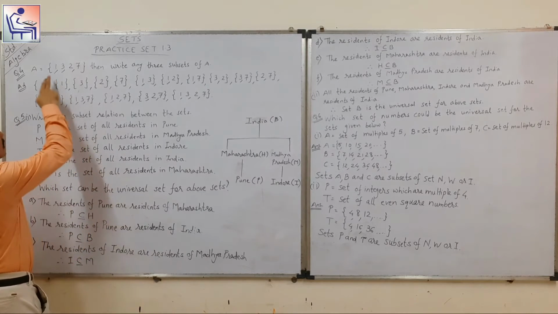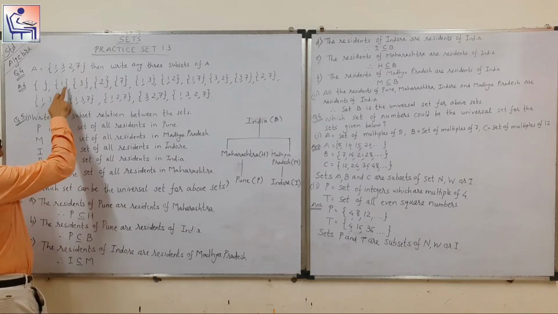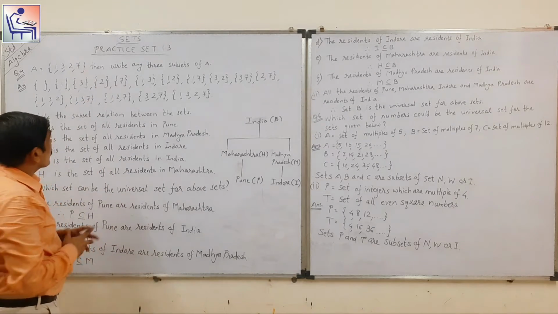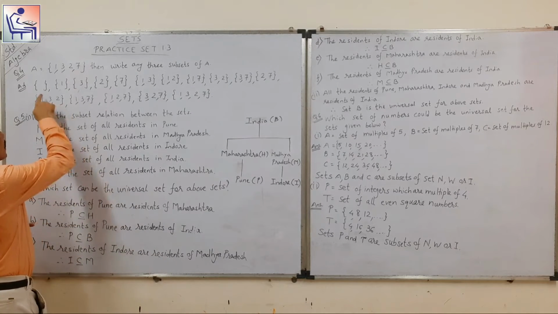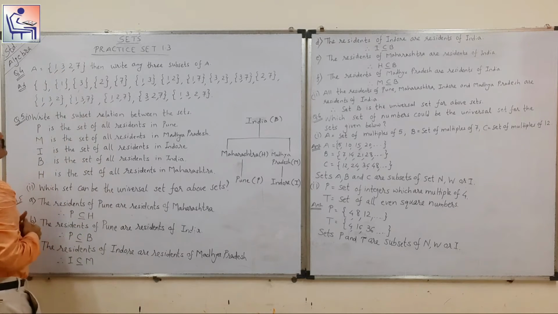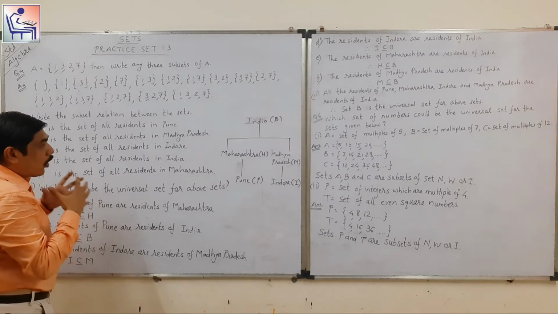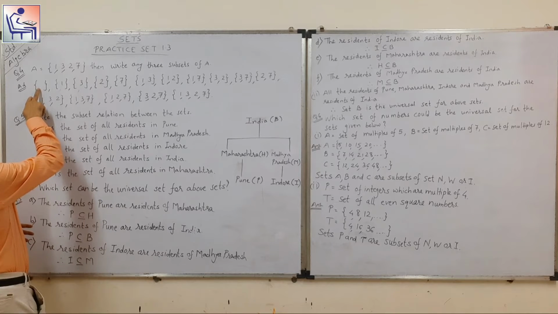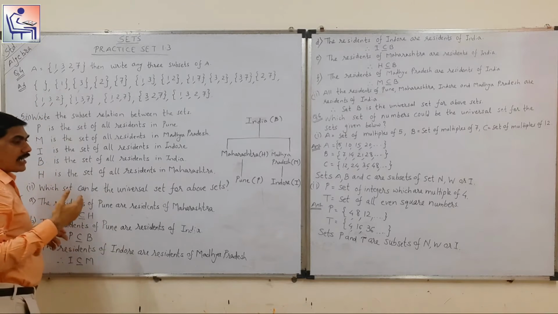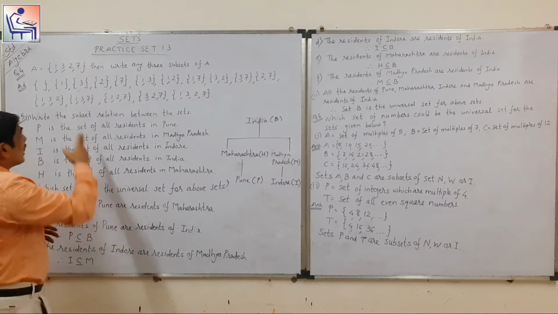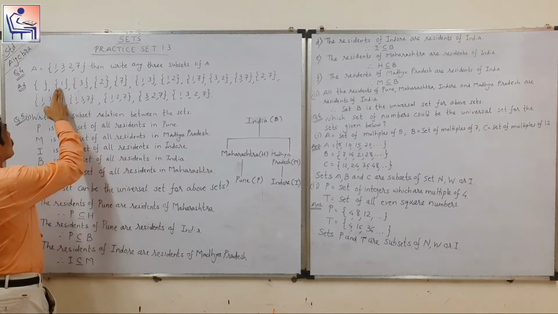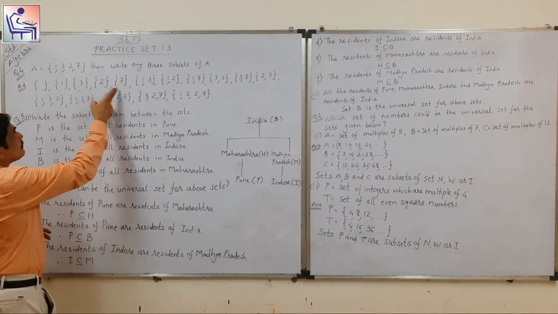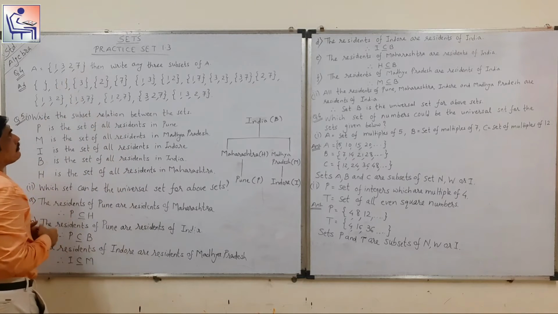Then we will take all these single sets, that is only 1, 3, 2, 7. What is the meaning of subset? Subset means the elements of a particular set must lie in that set. तो यहाँ पे हम लोग all different types of combinations ले सकते हैं, जैसे without elements, that is an empty set or a null set, because empty set is a subset of every set. Then we have single elements, that is 1, 3, 2, 7, because all these elements are available here. So these are all subsets of set A.